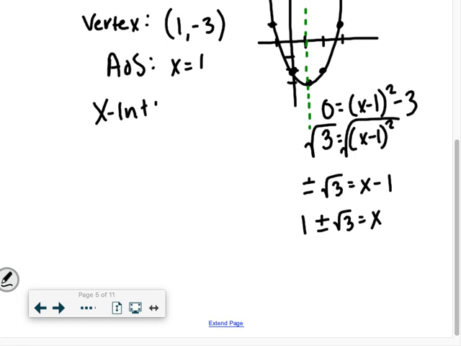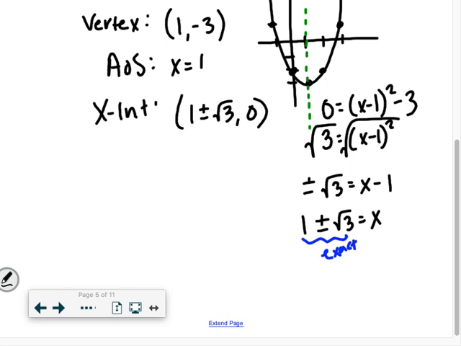And I prefer, or I should say rather I want, exact answers. So square root of 3, I'm okay with that. Please don't give me 1 plus 1.73, which is 2.73. I want it exact. So I could write my x-intercepts as 1 plus or minus the square root of 3, comma 0. Dylan. So is it alright if we wrote down